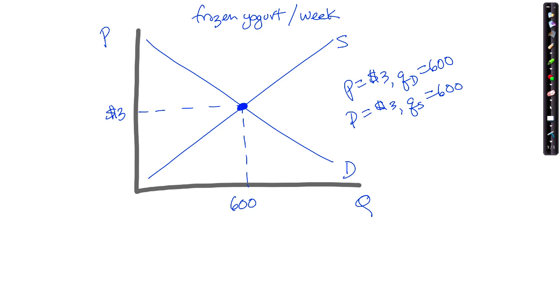That means that that's one point that's on both the supply and demand curve. That's our equilibrium. Some people label that E for equilibrium. I tend not to label the equilibrium point because, as you'll see in a few minutes, we're going to move it around. So there's our equilibrium, and what we're saying here is if the price of 6-ounce cups of chocolate-flavored frozen yogurt is $3, then the buyers will want to buy collectively 600 cups of frozen yogurt per week. The sellers will want to produce and sell 600 cups of frozen yogurt per week,